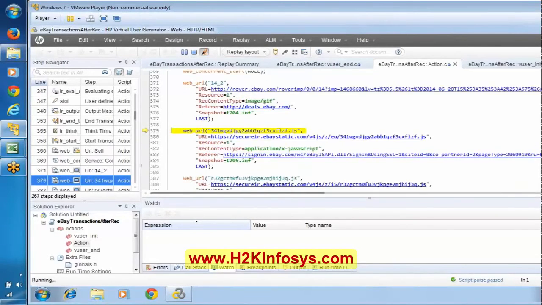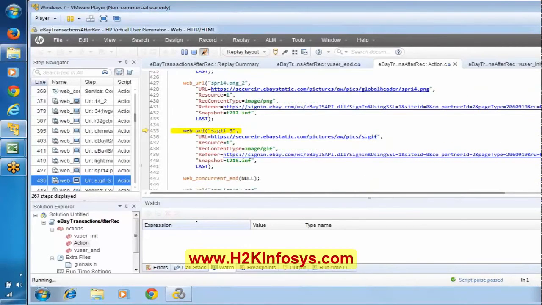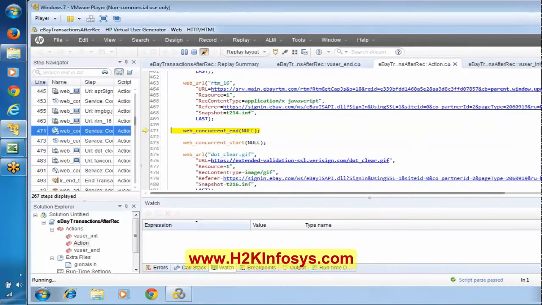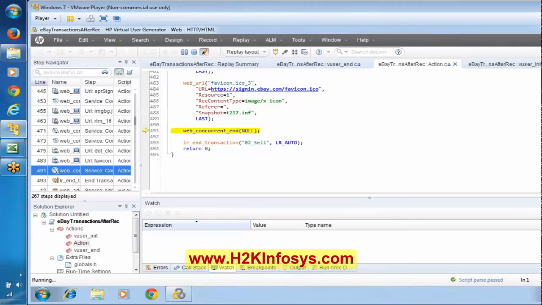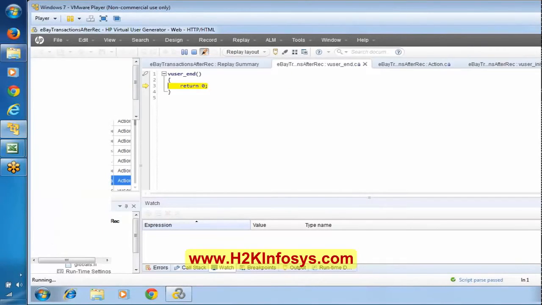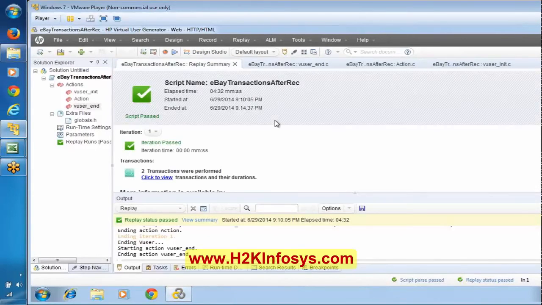Did you understand my question? Say you are measuring a login transaction and it failed. In that case, what do we have to do? Say for example we log in, send an email, then log out. If login itself failed, we have to stop the script there itself, right? There is no meaning in continuing to execute sending email and logout, because login itself failed. When the login transaction fails, it is preferable to stop the script there itself.